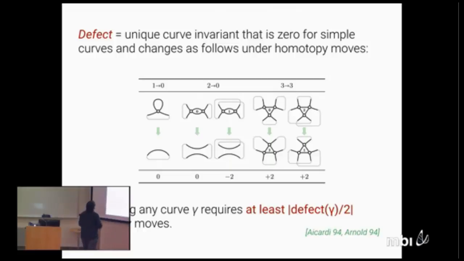In this case, the invariant was defined somewhat indirectly, saying the defect of a simple closed curve is 0, and the defect changes when I do a homotopy move according to various cases. So a type 1 move doesn't change the defect at all. A type 2 move either doesn't change the defect or reduces it by 2, depending on how those two strands are connected. And a type 3 move either increases by 2 or decreases by 2, again depending on how those three strands are connected by the rest of the curve. It's in no way obvious that such an invariant exists,